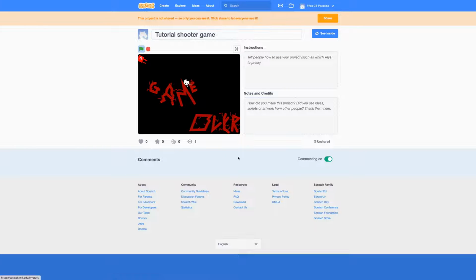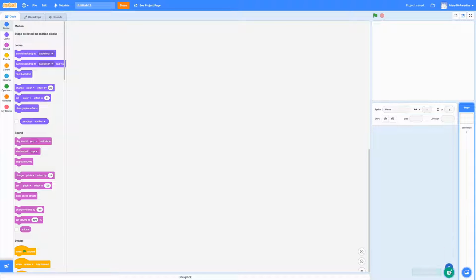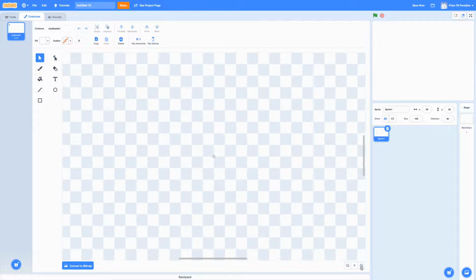So I'm going to create a new project, and we will first delete, of course, the Scratch cat, and I'm going to paint a new sprite. Okay, I'm going to do the hero first because, well, I like to show you how to program him. So I'm going to make a white fill and no outline, at least me, I want to do that. And I'm going to do something like maybe about a couple of pixels long, so maybe